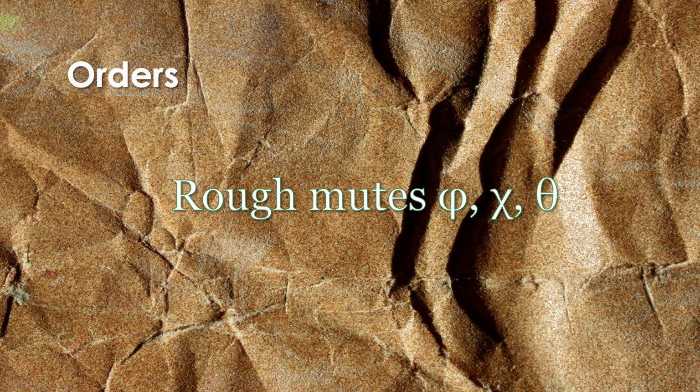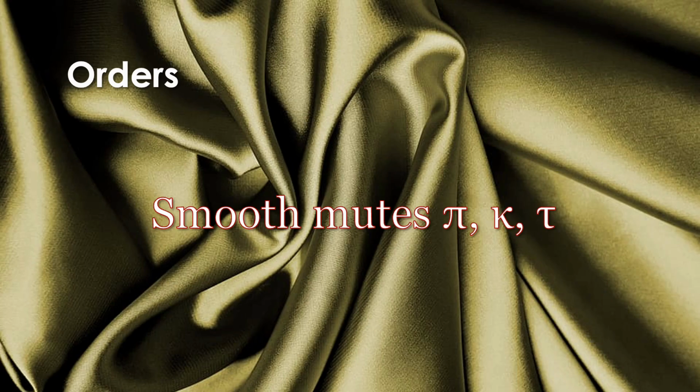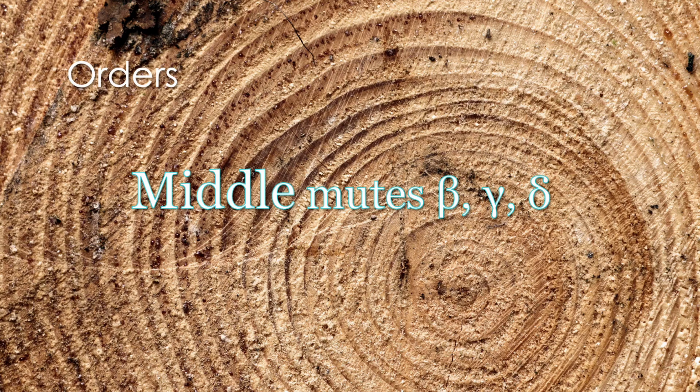We might also separate the mutes by order. There are rough mutes simply because they are rougher sounding, phi, chi and theta. Conversely, there's an order of smooth mutes, pi, kappa and tau. They still require the closing of the mouth because they are mutes, but they're not so rough in their sound. Then those left behind are simply in the middle of those two. They're neither smooth nor rough. Beta, gamma